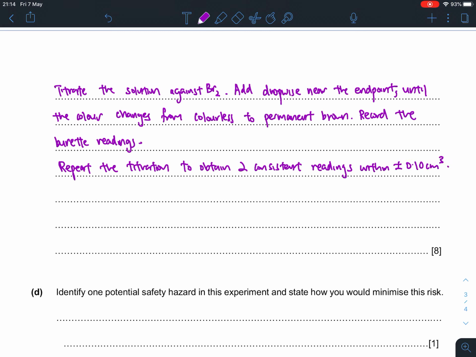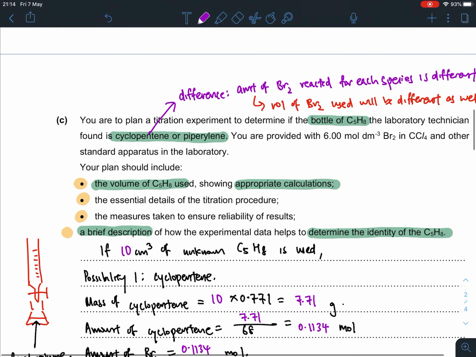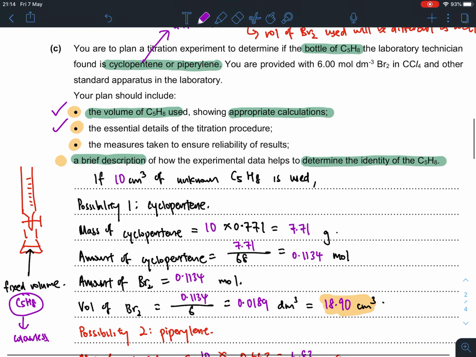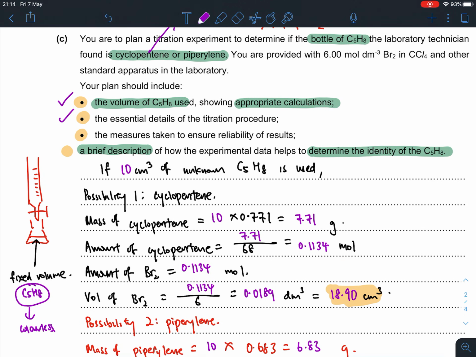Okay, and the range would be plus minus 0.1 cm cube. And with that, I have already answered the first point, which is the volume that I use, that is 10 cm cube. I have included the essential details of the titration procedure. I need to move on to look at bullet point number 3, which is the measures that you take to